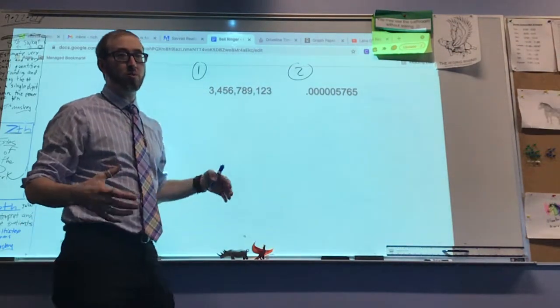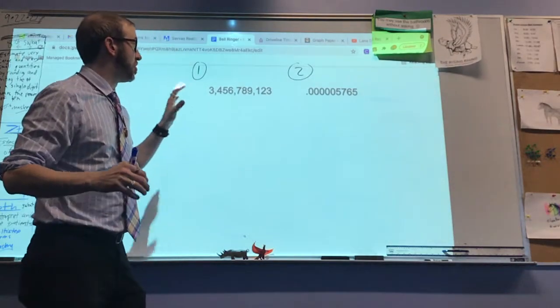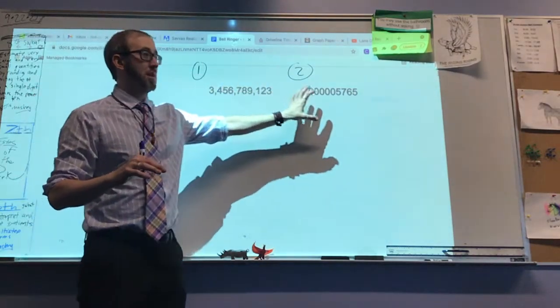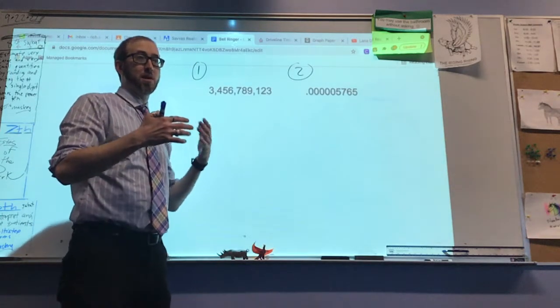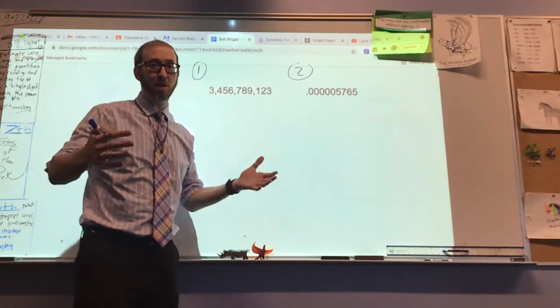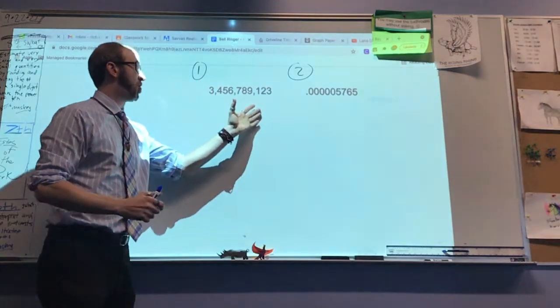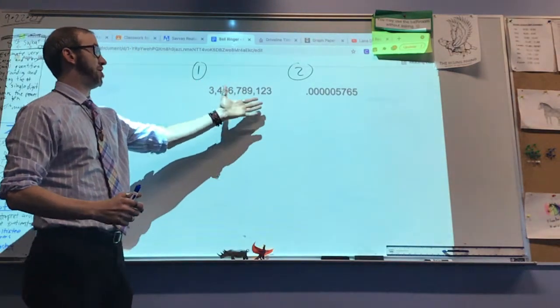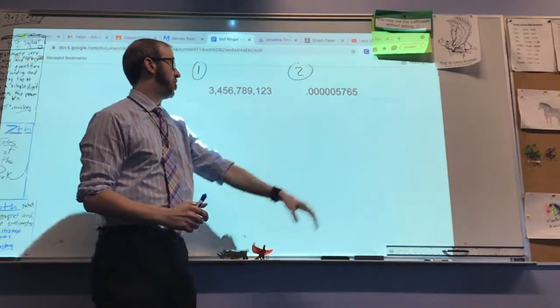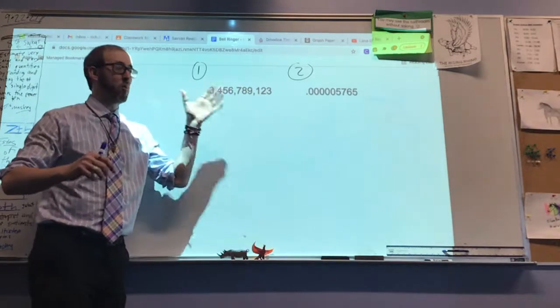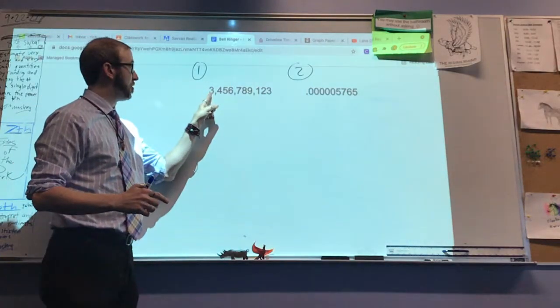Here we go. We're going to do 8th grade math. We are going to estimate large quantities and small quantities to a single digit times 10 to an exponent, to a power of 10. First we're going to start with the large quantity, because this is a very large quantity, and this is your little small quantity, which is between 0 and 1. We're going to estimate it to the first